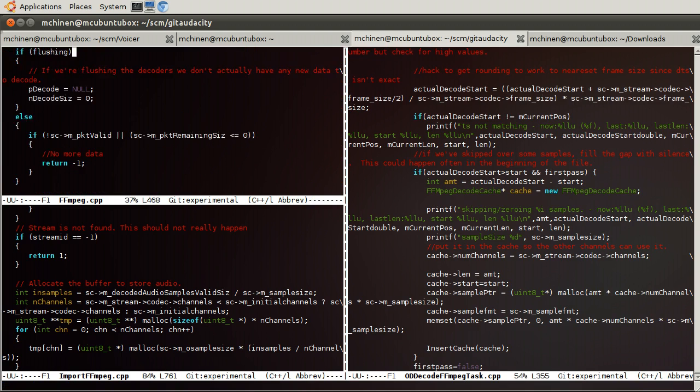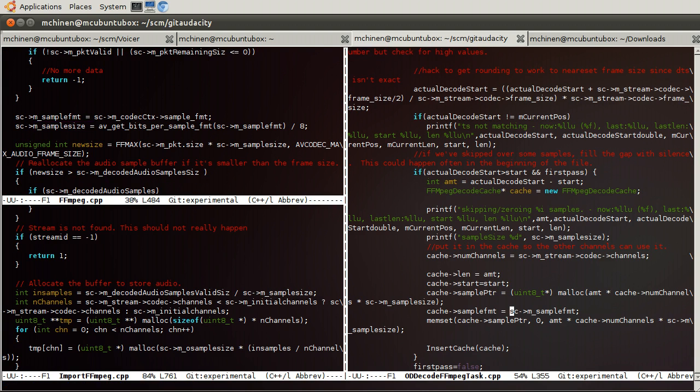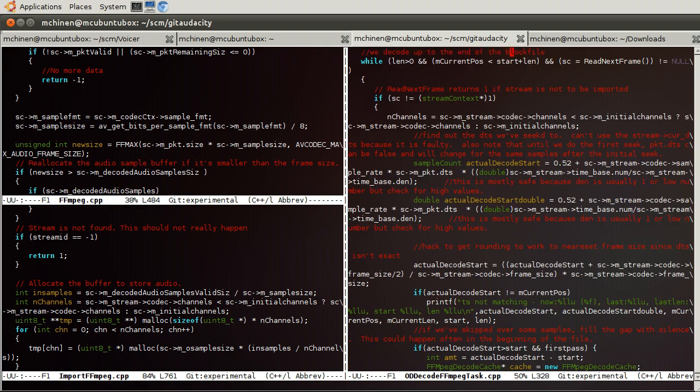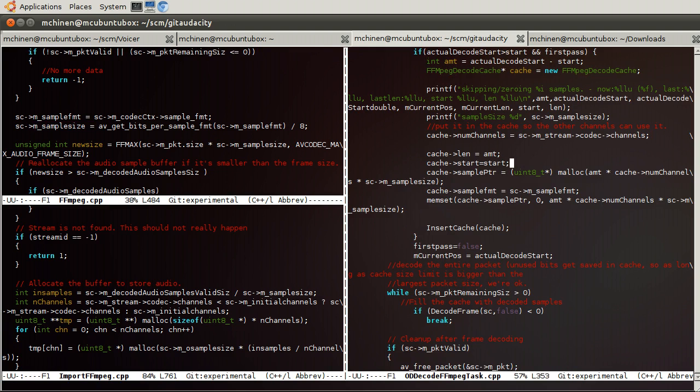That happens only after you've decoded the frame, and we haven't decoded a frame here. What we can do is say we're always going to use a float here, but you know why that will suck royally. Let's just do it.